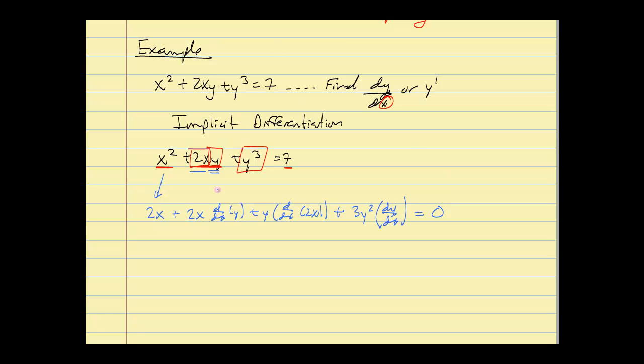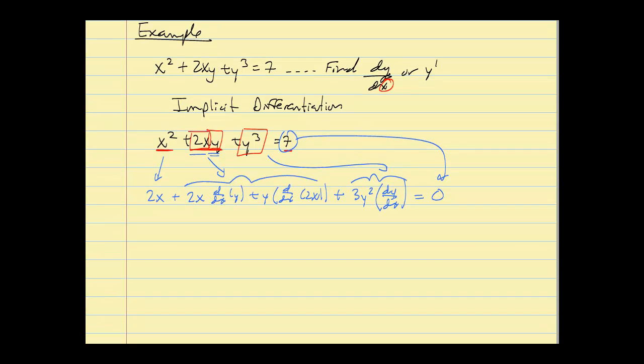So trying to map this out a little bit, this whole piece right here is my product rule. This piece right here was implicit differentiation, and the derivative of 7 is 0. Now we haven't actually taken the full derivative yet. 2x I'm done with. 2x dy dx. Now some people use y prime here. It doesn't matter to me which one you use as long as you realize it's not a y to the first. Plus y,